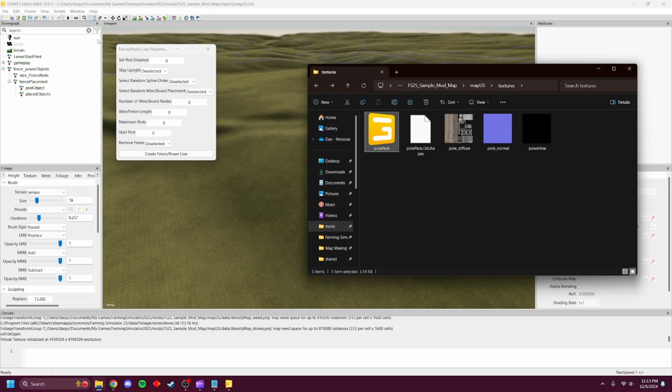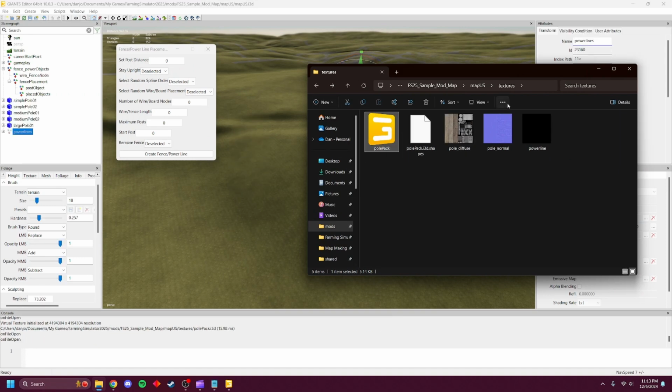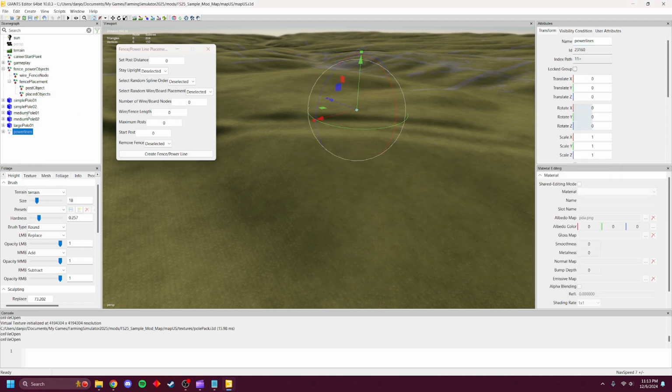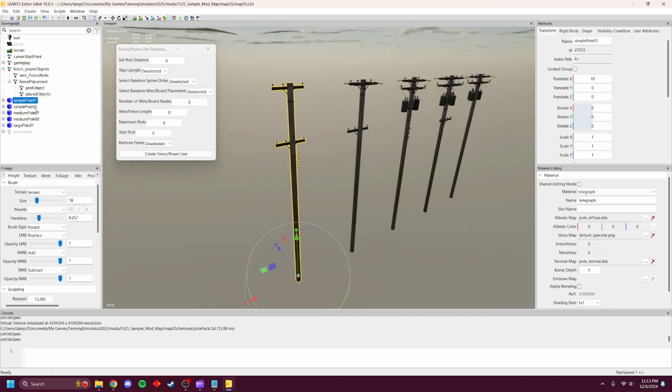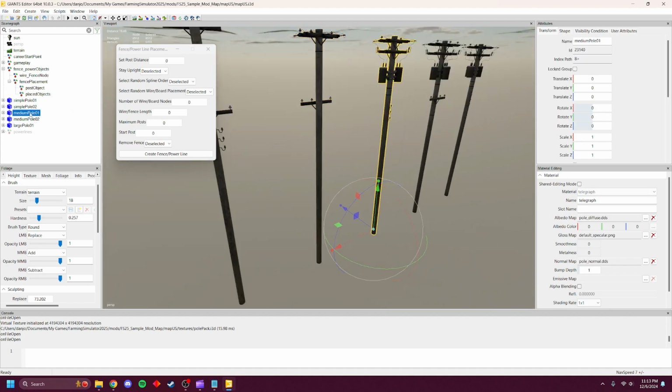There's a couple ways you can do that. You can go File, Import. What I like to do is just drag and drop. And you can see here that if I select one of these simple poles and I press F on the keyboard, it will focus on that single item. I can do it again and again